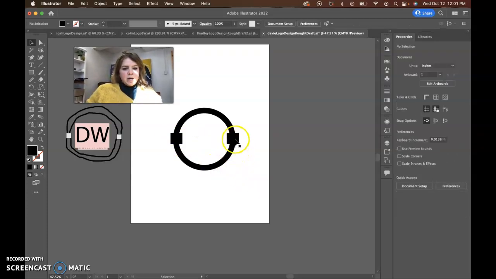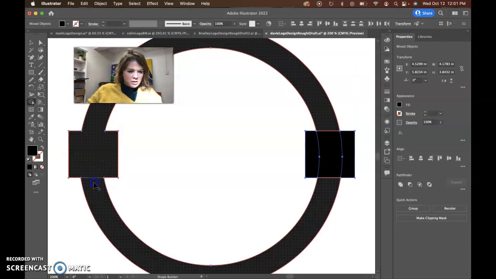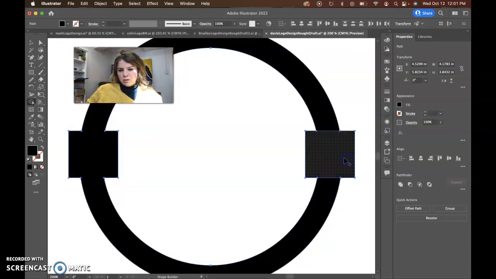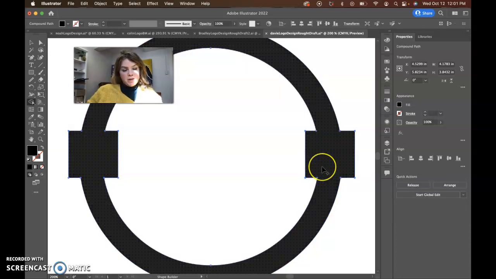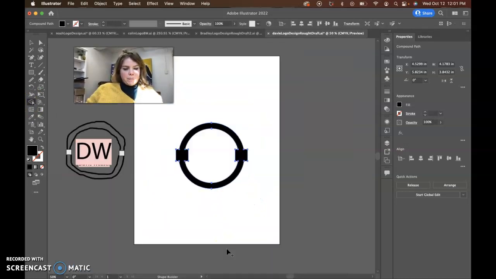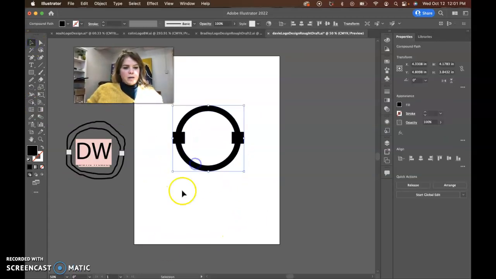That looks pretty good. And you can even conjoin these with this using the shape builder tool. You just need to click and hold and drag through and almost like draw a line. If I zoom in, you can kind of see that there is a little line that's drawn there, and you just draw it through the shapes that you want to bring together. But you have to have them selected with the black arrow tool, so they have to be selected, and then you can use the shape builder to create things. So that is kind of the shape that you were looking for, and then I would just put the